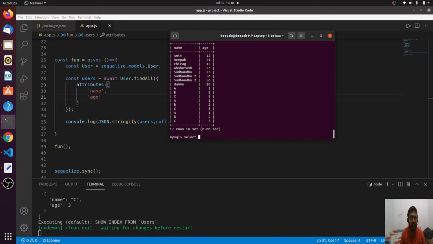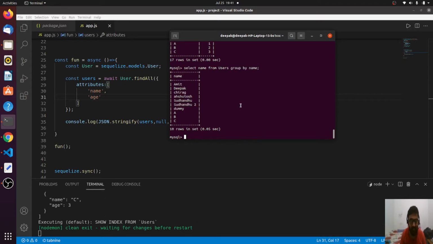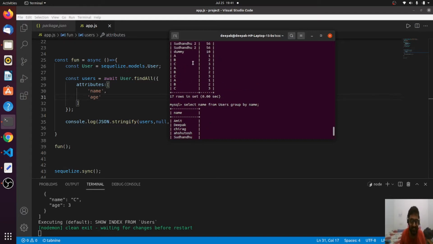I mean to say that I will use group by with the name. Let's just say select name from users group by name. So these are the unique names we got, A, B, and C. As you see, these were repeated here.